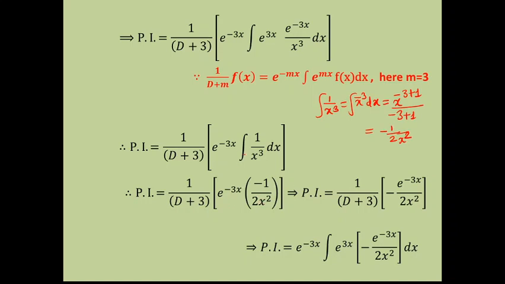Okay, so the operation of 1 upon D plus 2 is over. Now 1 upon D plus 3 is also left. Let's operate this on this complete function by making use of the same set of formulae. Applying this on the resultant function, we have e power minus 3x, integration of e power 3x and this entire function. Again, by the law of indices, e raised to power 3x into e raised to power minus 3x is e raised to power 3x minus 3x, that is e raised to power 0. E raised to power 0 is 1. So we are left with simply minus 1 by 2x square.